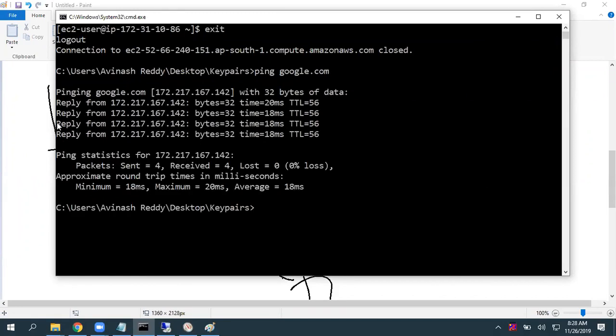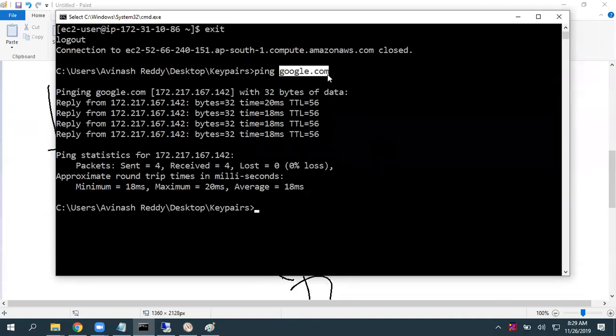Sometimes we may get errors like request timed out or destination host unreachable. For example, if I remove this NIC card and run the same command, I won't get any replies. Ping basically generates one packet from our local laptop, and that packet travels over the internet, hits this server's NIC card, and we get a reply.